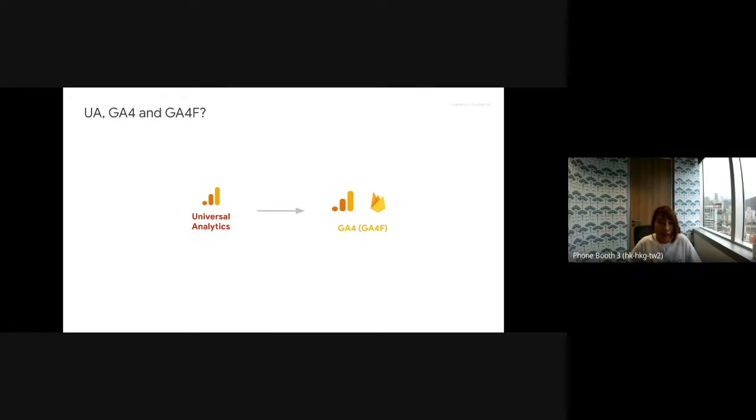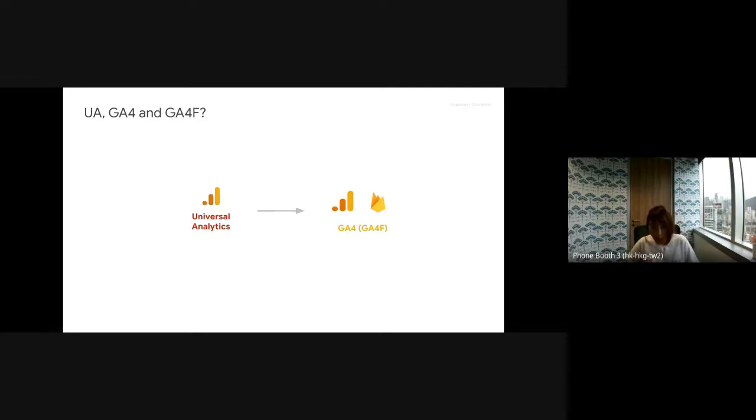Universal Analytics is the GA that we have had for more than 12 years now. Last year we announced the new properties called GA4 properties. This is a new version of GA, and we are going to deprecate Universal Analytics next year. Moving forward, GA4 will be for both web and app.